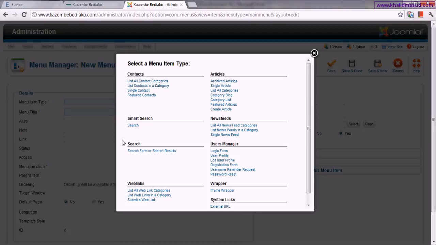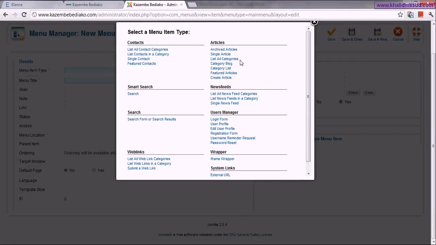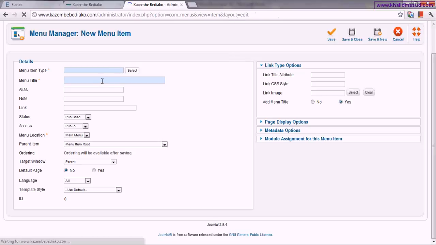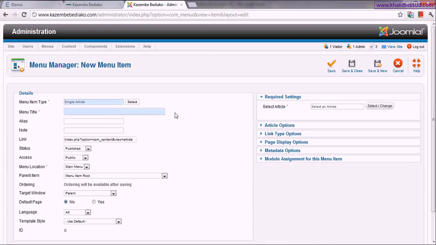There are a lot of options, but most of the time you want to link your menu to a single article on your website. So you select single article, and after refreshing the page, this page shows up, and here is the setting for which article you want to link the text you enter here.